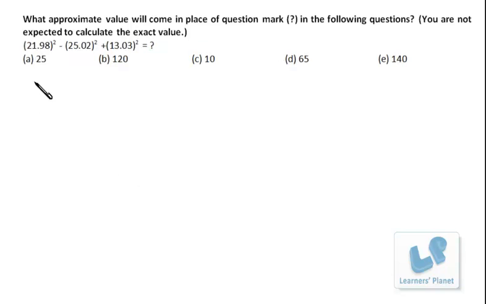Now further is 21.98. I'm making it to 22. So square of 22 is 484. Then it is 25 square, that is 625, and then plus 169, right? Now further, do not calculate it accurately. Here I just add 16 to it to make it 500, and here I just remove 19 to make it 150, right? But I don't have to write it over here. So it's 500 plus 150, that is 650. 650 minus 625 is around 25.